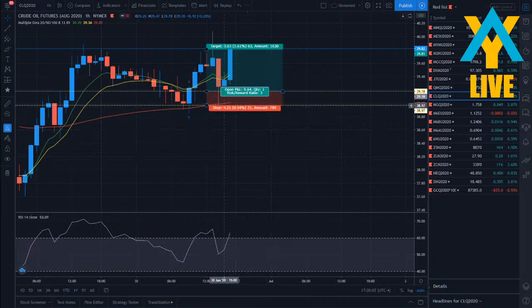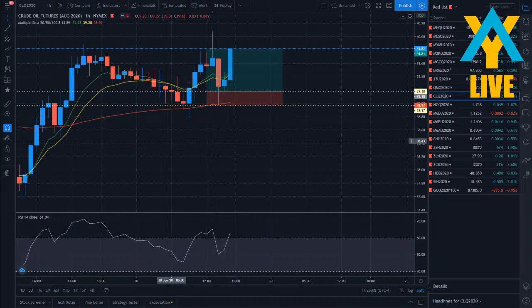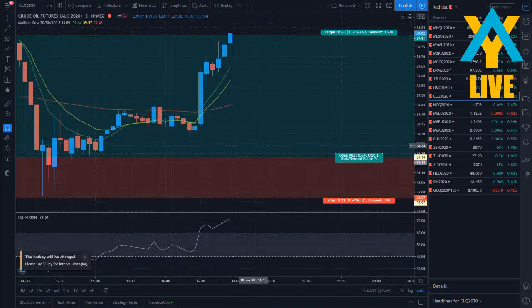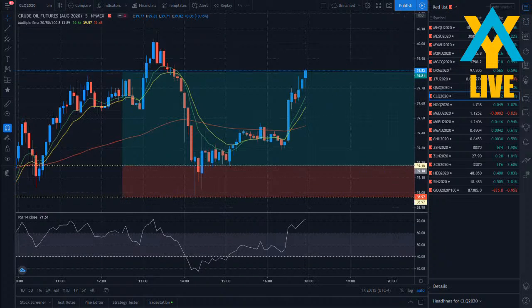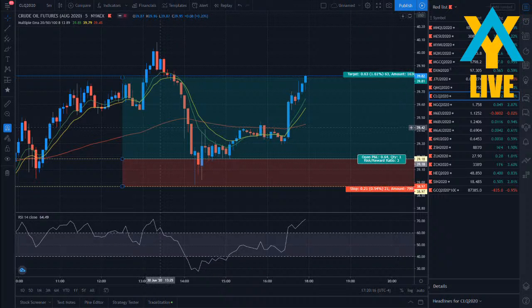So let's go down to the 5-minute chart. So the breakout system for any of the energy assets is a little bit different. Instead of using the 5 or 15-minute range, or the opening 15 minutes, I use just the opening 5 minutes because I don't really have much of